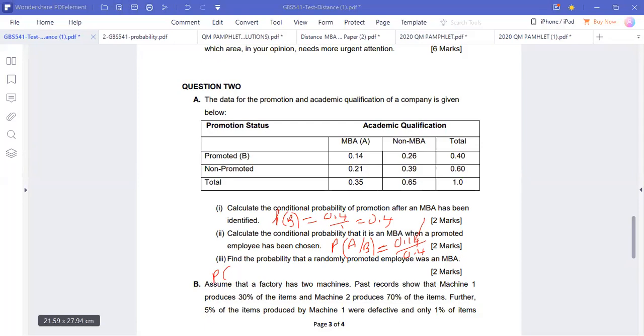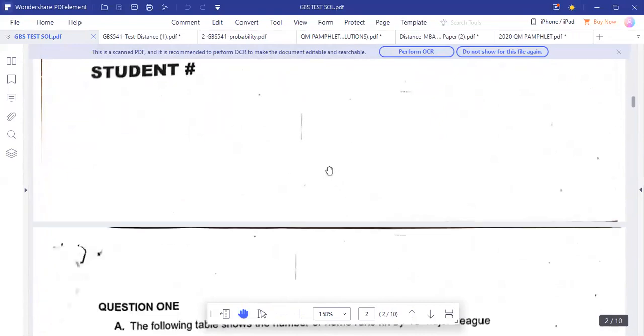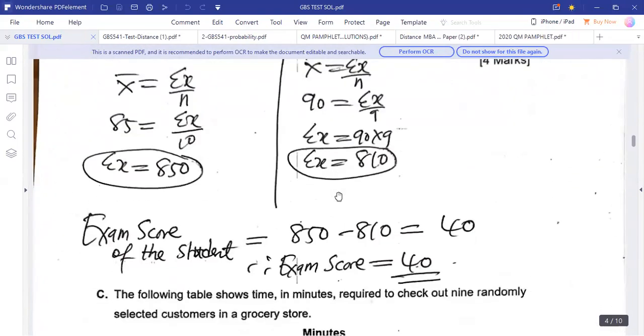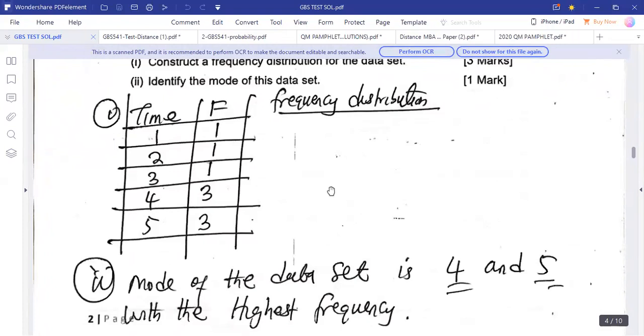All right. So at least you're able to follow through. So I've sent you the solutions here. So those of you who are in the test team, what